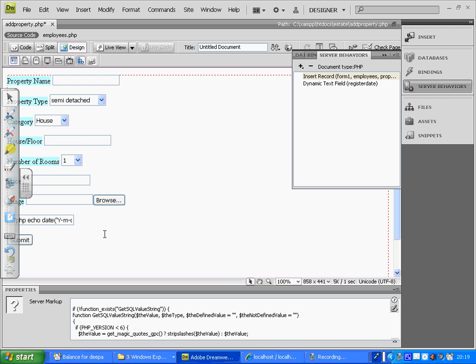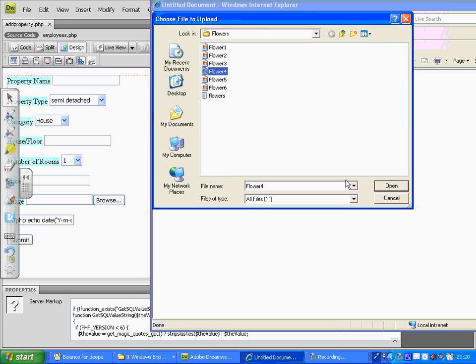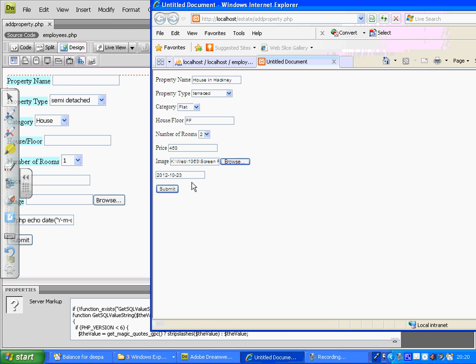So that's your scenario. I've done an insert record, so it should work. So F12, property name, house in Hackney. It is terraced, it's a flat, it's a first floor flat. Number of rooms is 2. Price is 200. No, that's too less. 450. Browse. Whatever picture comes up, I don't care. And this. Right, that's the date. And if I say submit,